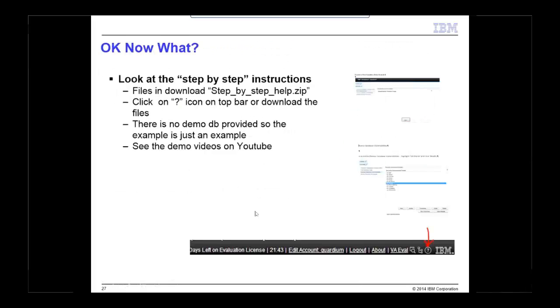And so, those are things that people have brought up to me. Another thing is, once they get the thing configured, it's very simple, but then they say, okay, I got it working, now what? And there are two answers to that. There's a zip file that has some step-by-step instructions, one for vulnerability assessment and one for the